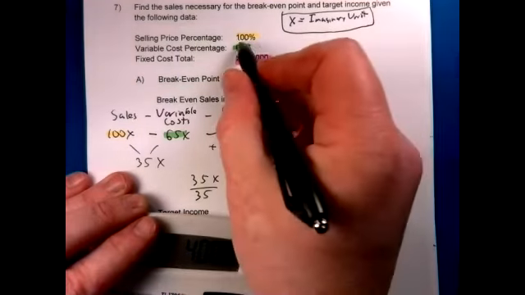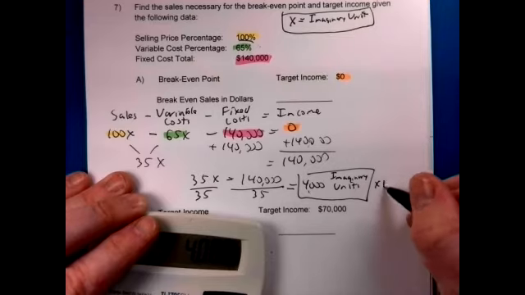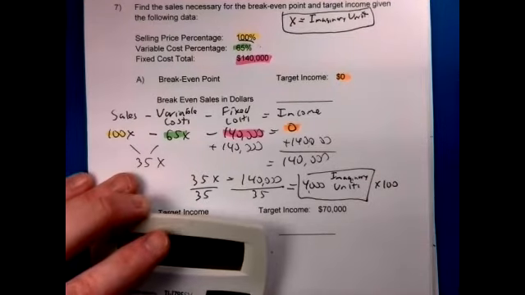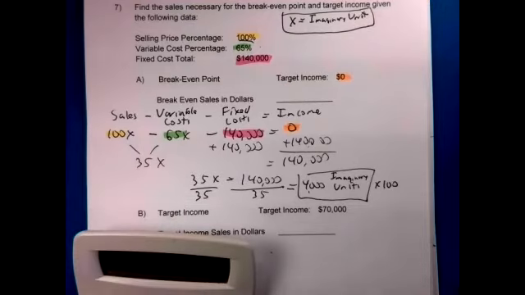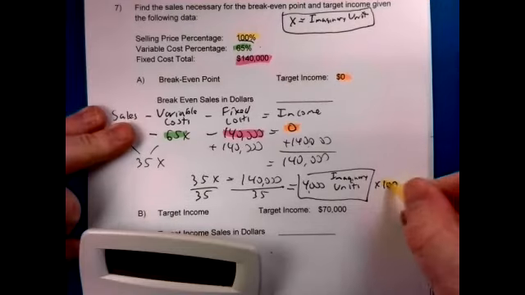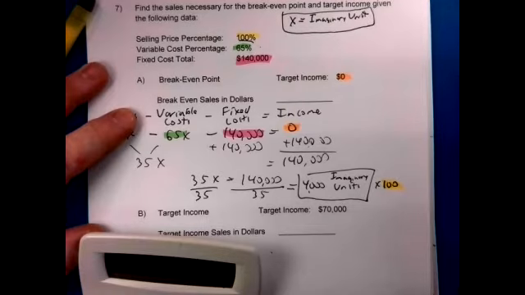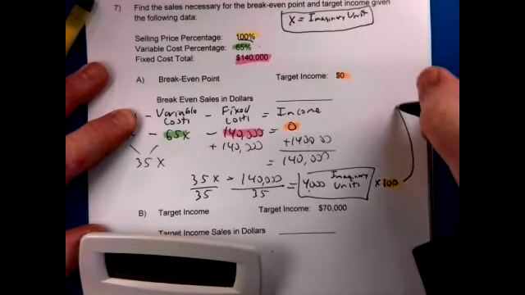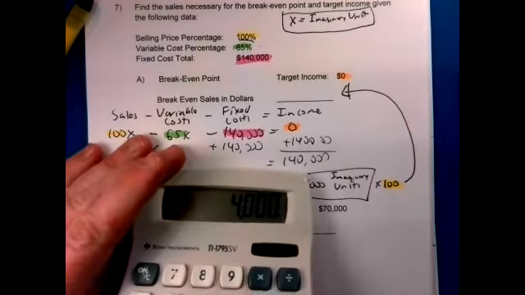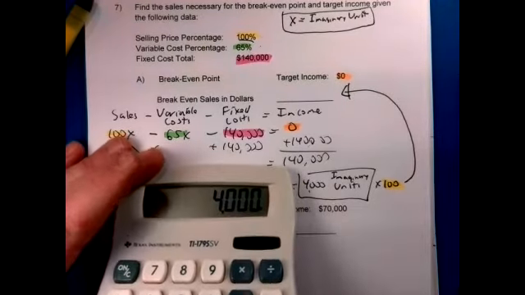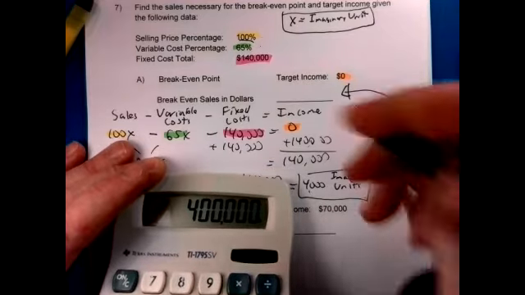Now we're gonna multiply them by what would be our selling price. And that will give us our dollar sales. So 4,000 times 100 equals